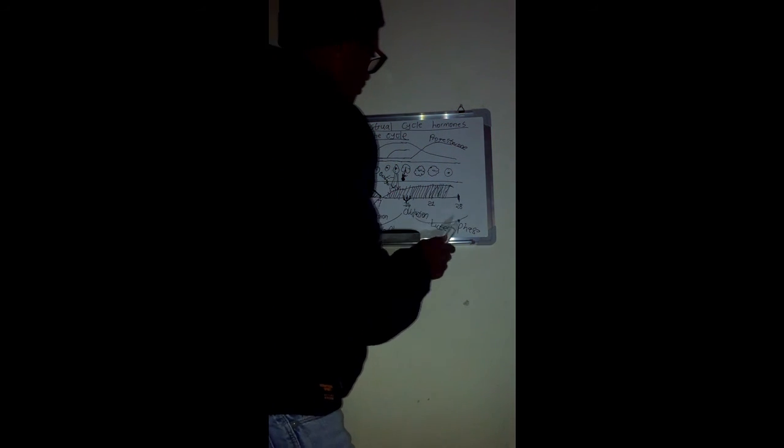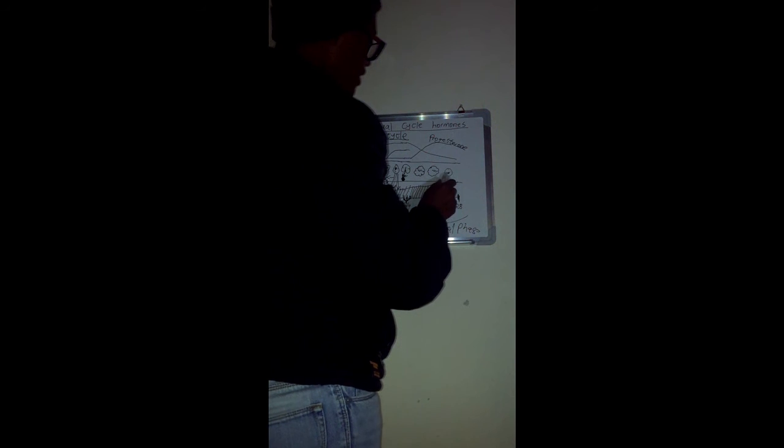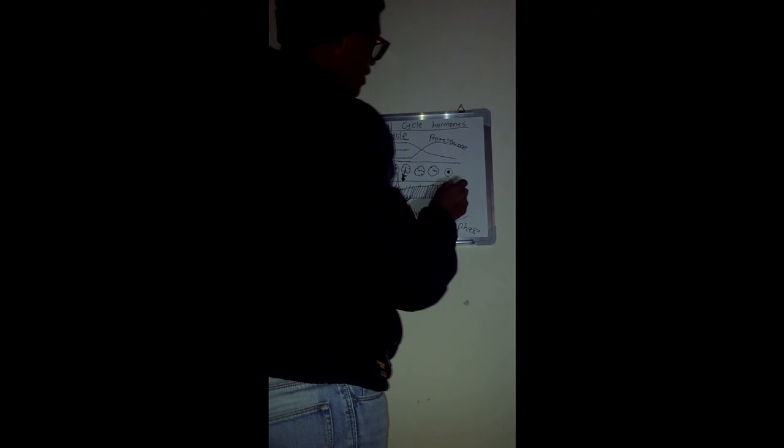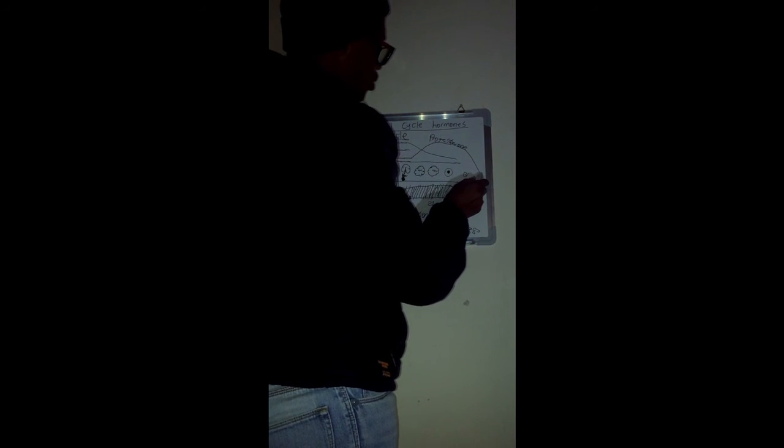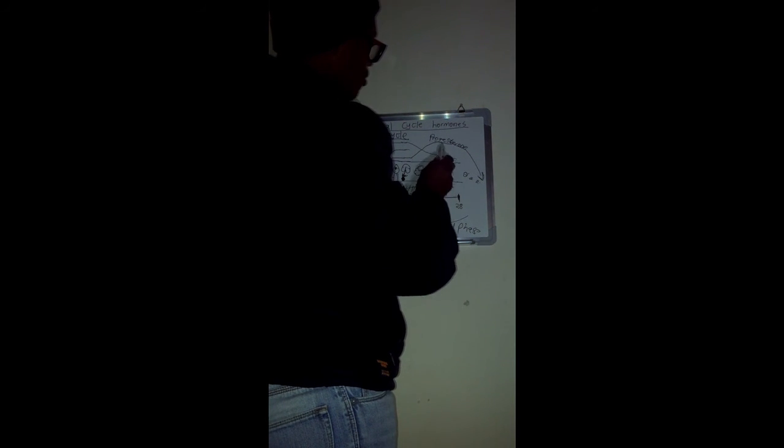Okay, and then the cycle continues until day 28. If the body notices that fertilization didn't take place, she is not pregnant, therefore this corpus luteum shrinks in size. As I say, the corpus luteum shrinks, it means the hormone progesterone is no longer going to be secreted, therefore its levels drop. It means this thick endometrium is no longer maintained, because when the level of progesterone drops, the levels of estrogen, which is this hormone,